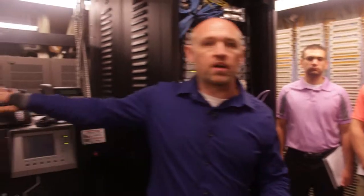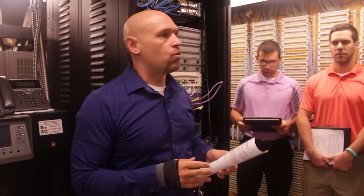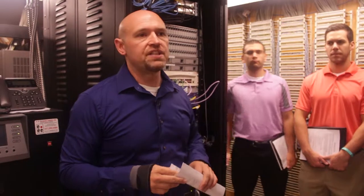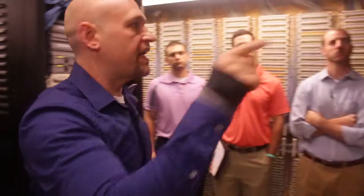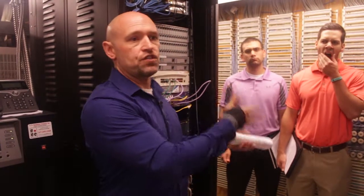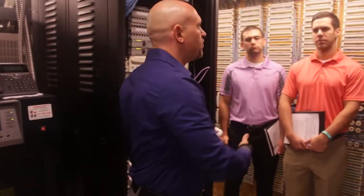So it's the same concept as, instead of programming a phone and giving it all the information of one of these phones, you set it up as an analog port within this analog gateway, and that allows us to provide that analog dial tone from here to the jack at the far end. Now, the only difference between the analog gateway design and the design of everything else is that we don't have 100% redundancy of that. So every extension that is active on this gateway, if that gateway goes down, all of those extensions go down, because it's a physical connection to the wiring that comes back to here. I can't have it register someplace else. I can't have it automatically be taken over by another gateway, because it's a